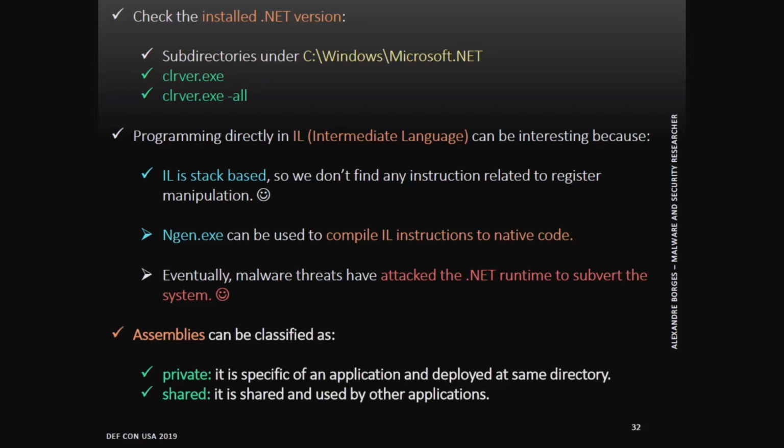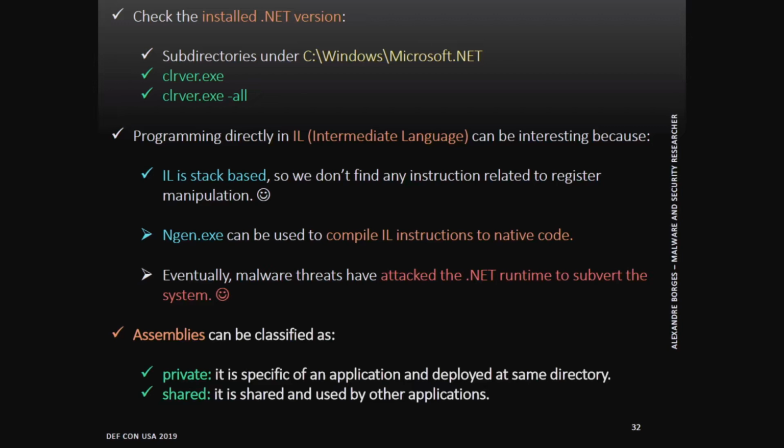Intermediate language in .NET is a kind of assembly language based on a stack. So you see several instructions: load something onto the stack or pop something from the stack. You see a very usual tool named NGEN. NGEN is an executable that compiles intermediate language code into native code. It's so easy to do that. But